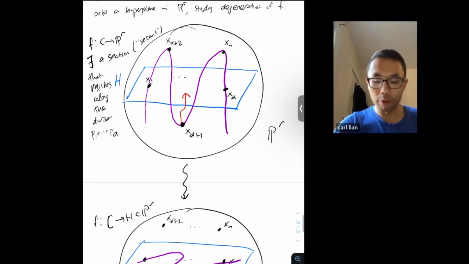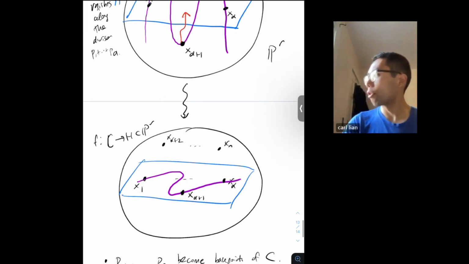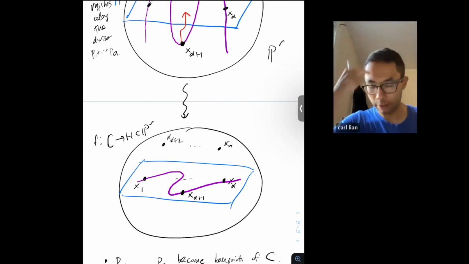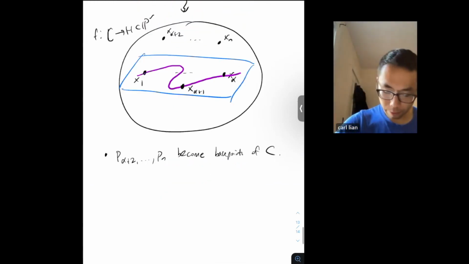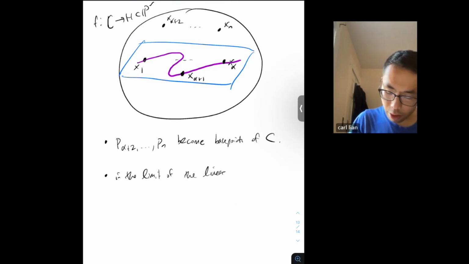Up here I have R+1 linearly independent sections. On the special fiber, one of those sections becomes zero, but I can still remember the limit of the R+1 dimensional subspace of H0 of OD. So in the limit of the linear series underlying F,